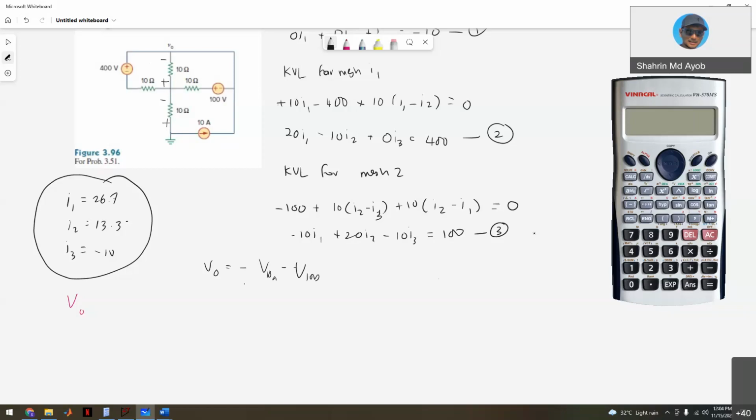So your V10A is actually IR. And then we have current I1 and also I2. So based on this current direction,